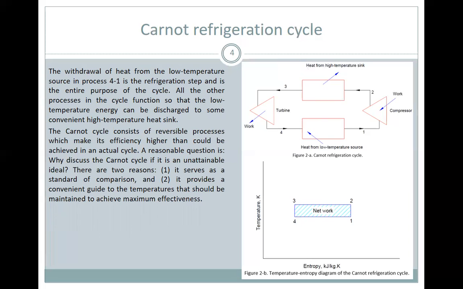in the actual cycle. A reasonable question is, why discuss the Carnot cycle if it is unattainable, ideal? There are two reasons. One, it serves as a standard of comparison. Two, it provides a convenient guide to the temperatures that should be maintained to achieve maximum effectiveness. So para ma-check mo yung actual mo